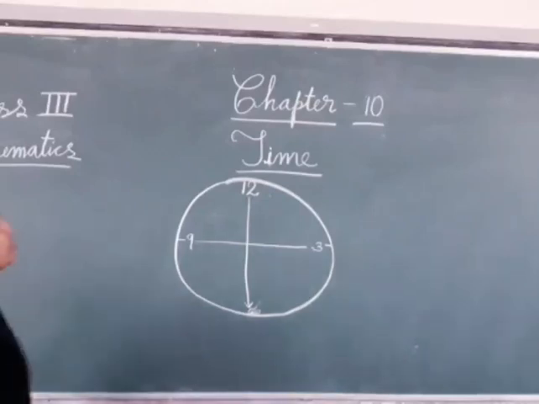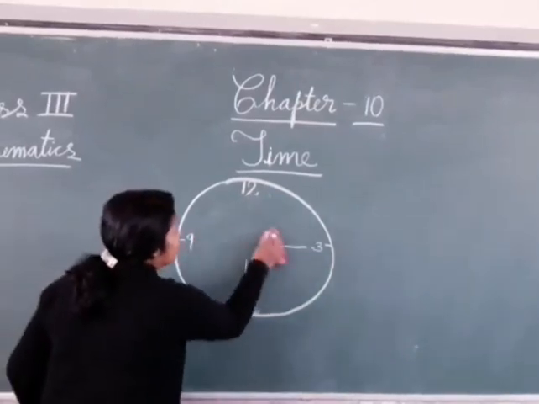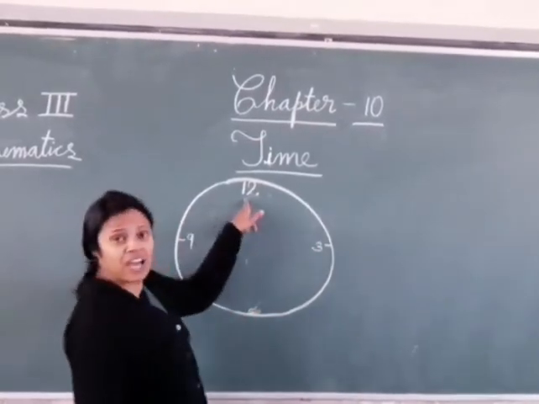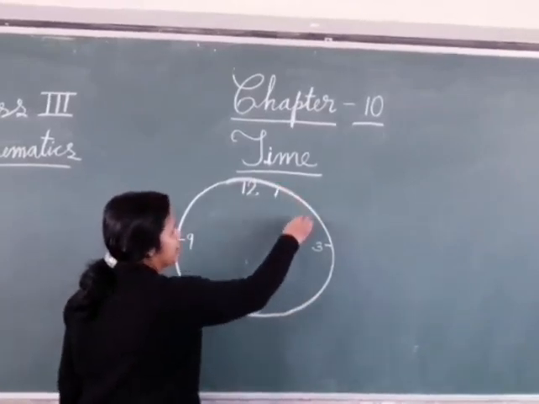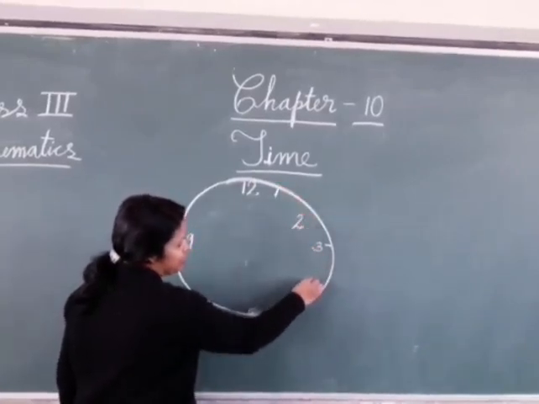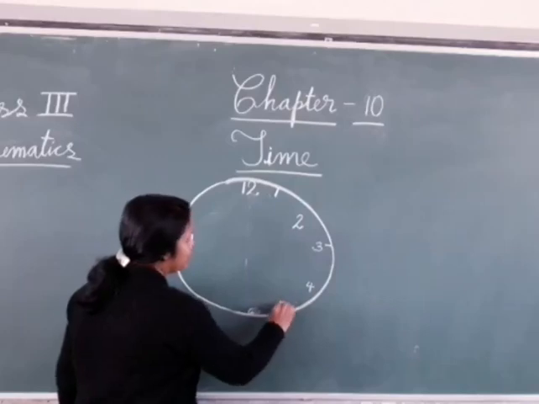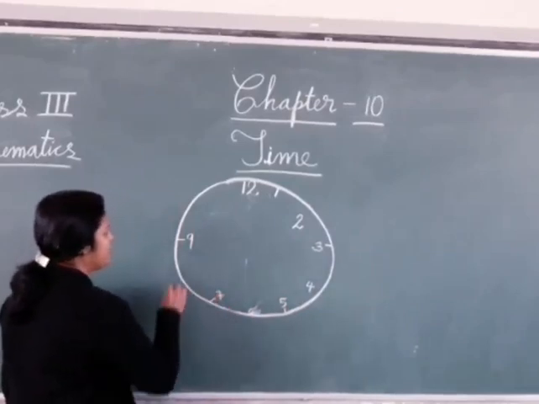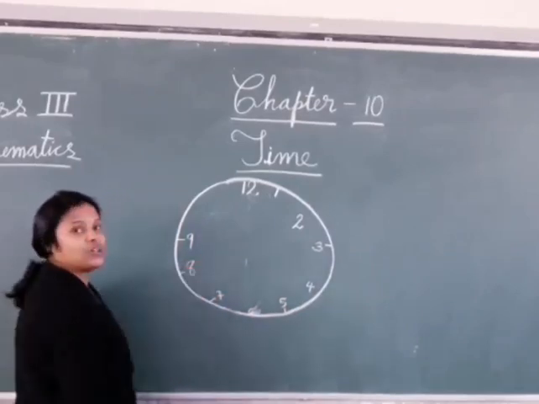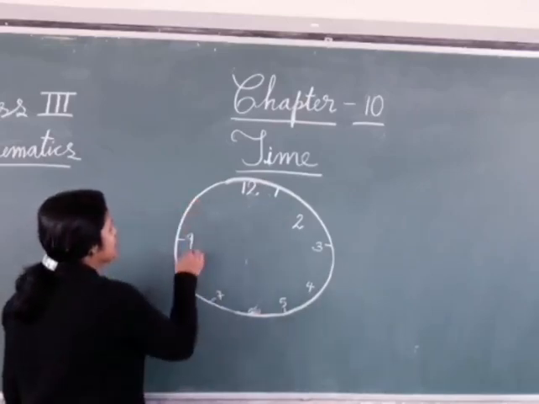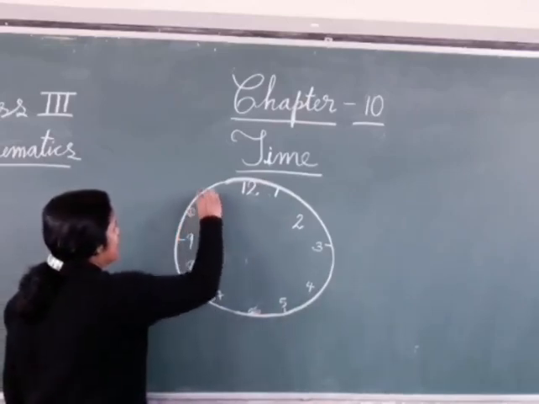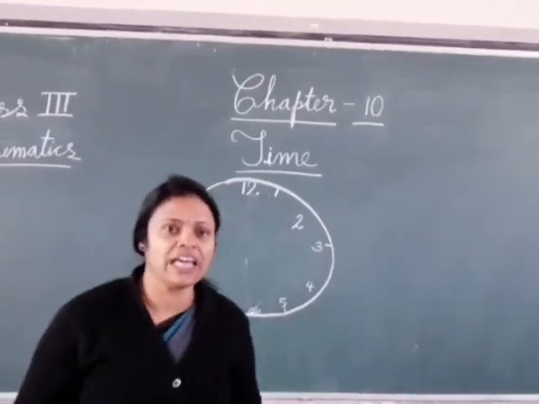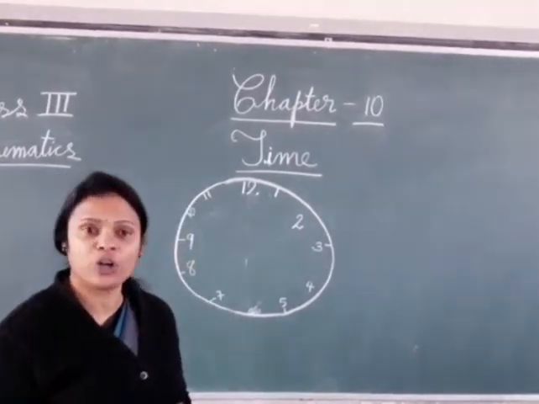Now I am going to show you, when you draw the clock, how you have to mention the numbers. After 12 you have to mention number 1 and 2. Then after 3 you know that 4 and 5. And after 6 you can say 7, and here 8. Okay. And here you can see 9 is already there, 10 and 11. Here now I have mentioned all the numbers that are needed in a clock.